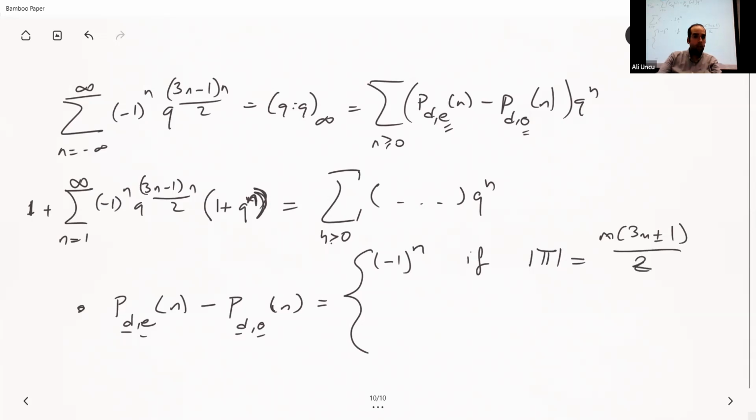So I already fixed the size of the partition to be n. So if your size of the partition is in that format,